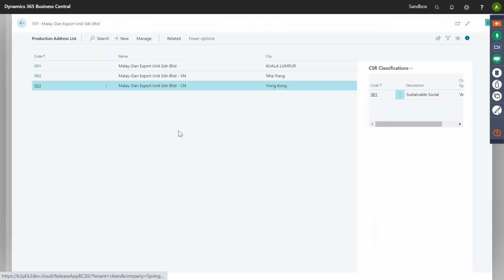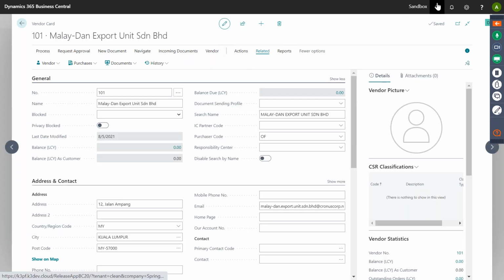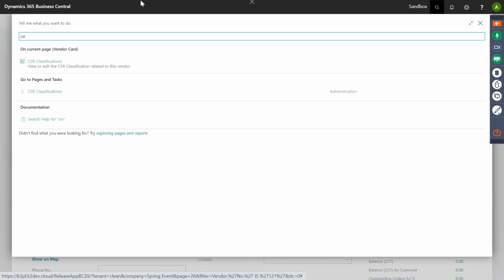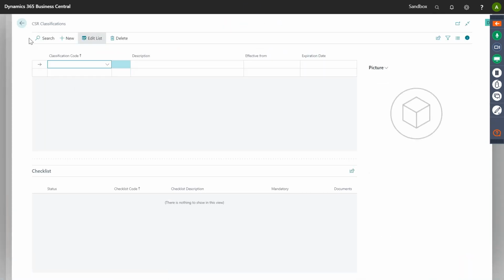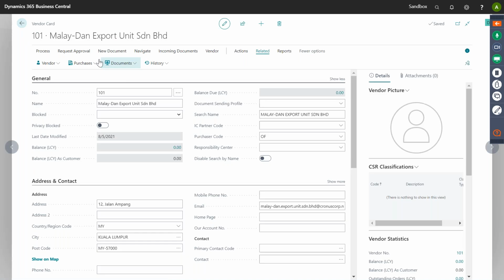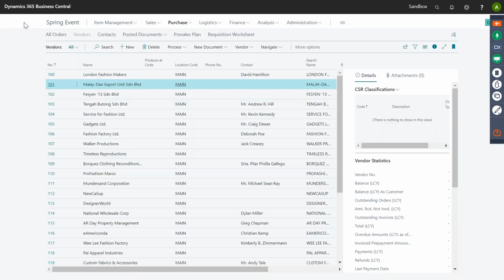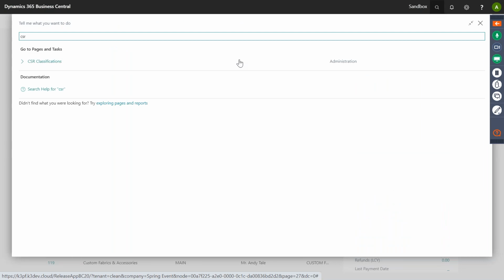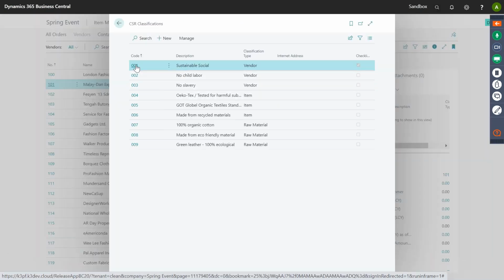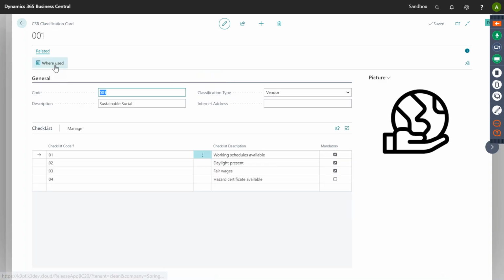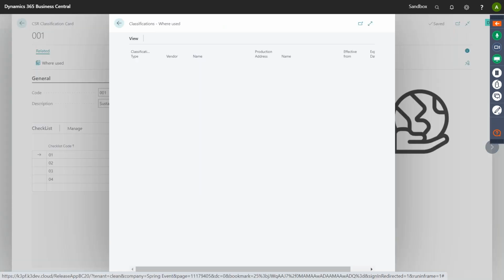So that is on classification, and we also have the possibility to look where classifications are being used. Now I need to go back to the CSR classifications. For example, if I look at this classification, I have a button "where used", and I can see